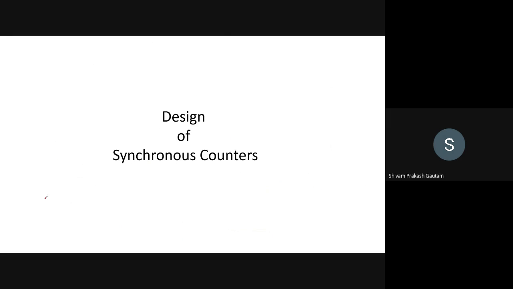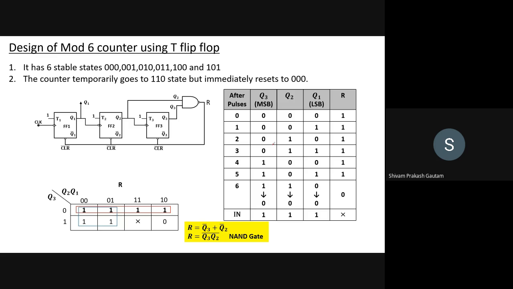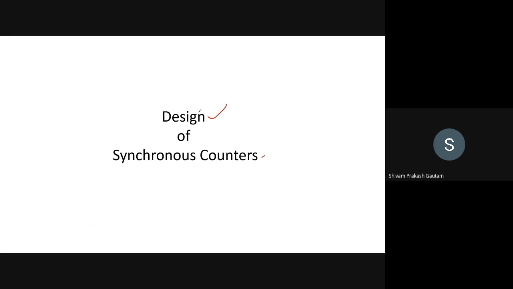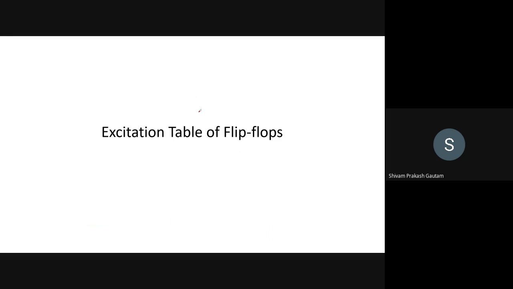Okay. Now, design of a synchronous counter we will see. Asynchronous counter we have already seen. So a mod 6 counter is given here. You can also design a mod 3 counter or a mod 4 counter by your own. Mod 7 counter and mod 8 counter we have already seen, right? But you can design and see by yourself. So design of a synchronous counter we will see.